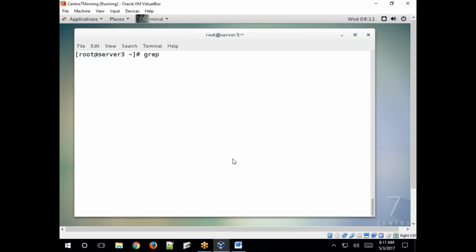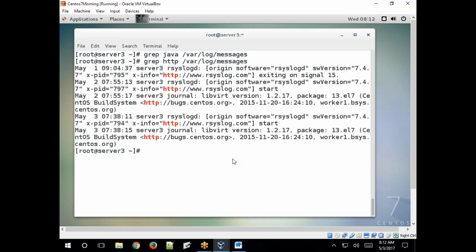Basically, using the grep command, we can filter the log files based on services. So if you want to search for a specific service in the main log file, specify that service name, Java or any other service name, and then the log file, /var/log/messages or something. See, HTTP service logs. Only that particular service's logs, the matched lines.